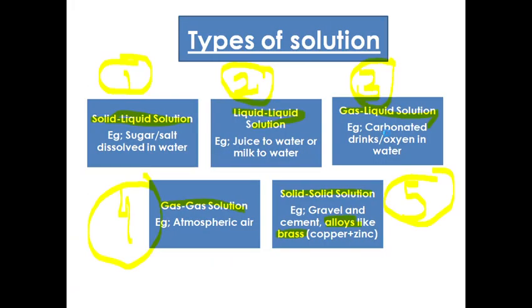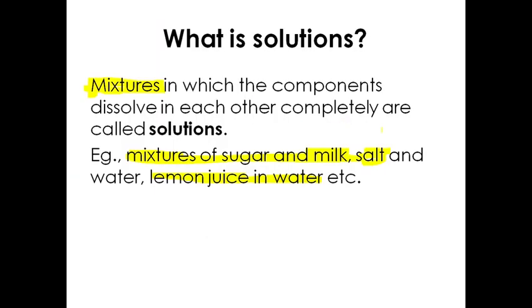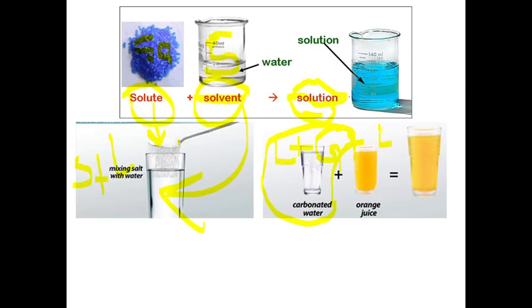Before concluding this topic, let us revise. What is a solution? It is a mixture in which the components dissolve in each other completely. Examples are a mixture of salt and water, sugar and milk, lemon juice in water. Now you have to remember what is solute, solvent and solution. Solute is the compound which will be added or mixed with the solvent. And what is solvent? The solvent is a liquid or a compound to which the solute will be added